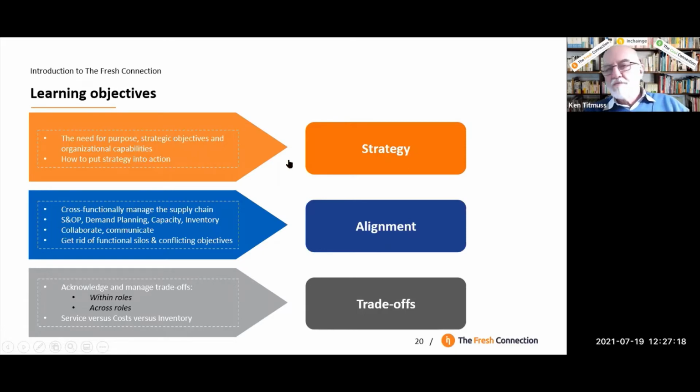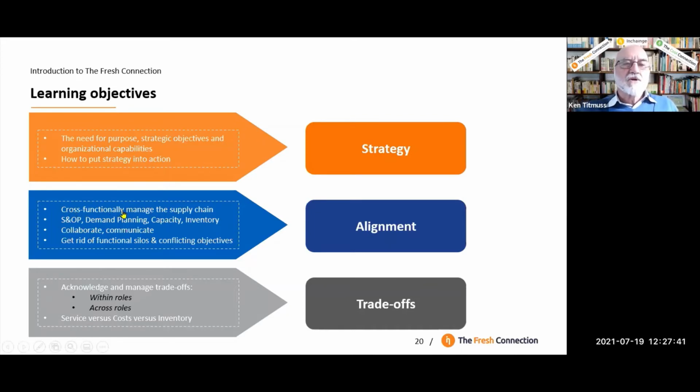You can be a low-cost provider of fruit juices, or you can be a very flexible company that really is giving the customers what they want when they want it. And you can win the game. You can achieve high return on investment by taking either of those strategies. But once we have that strategy, then we need to have that alignment within our business.